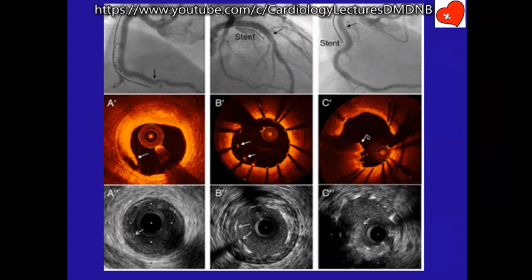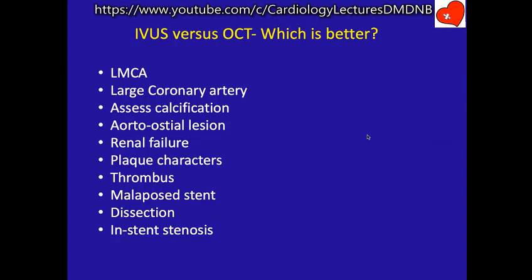Same thing in ultrasound here, but much better seen in OCT. Okay, so now because of these images, I am going to ask you some questions. Now, if you are a rich man, you will have the option of both OCT and ultrasound in your lab. So you have to decide which one to use. Of course, if you are very rich, you can use both in every patient. But most of us are not that rich. So you have to tell me in what patient we use which one.